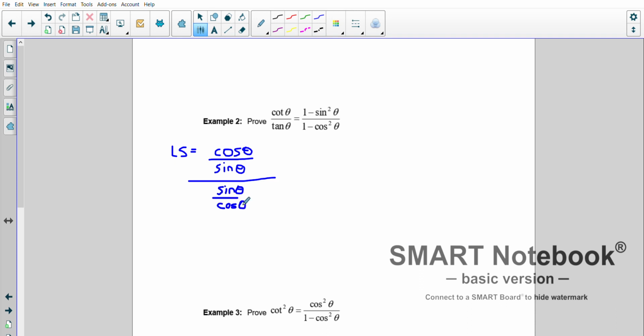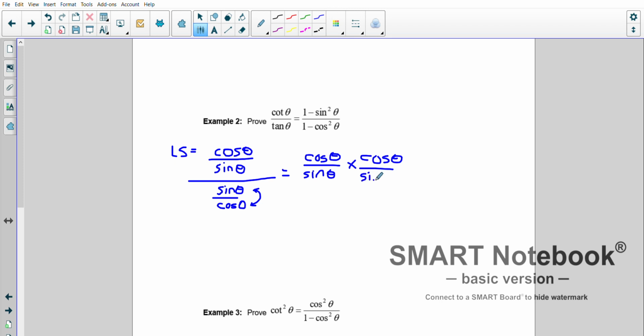So if you remember how to divide fractions, I'm going to go ahead and divide these. So I have cos theta divided by sine theta. You multiply by the reciprocal of the bottom fraction. So I'm going to multiply by the reciprocal of this. So this becomes cos theta